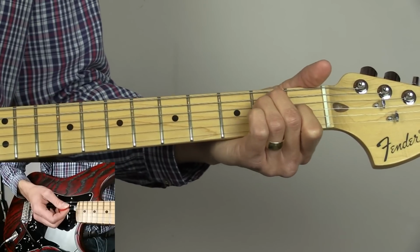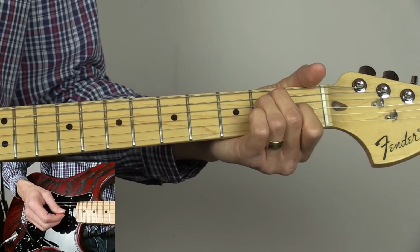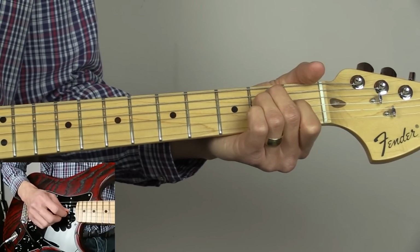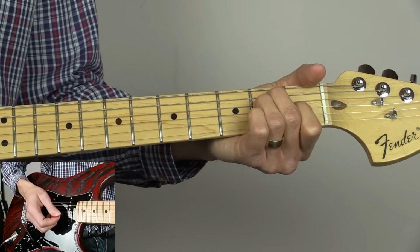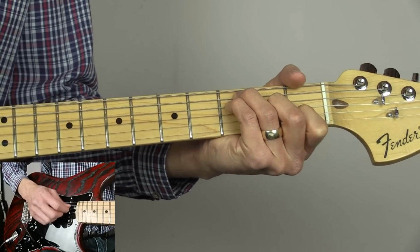We then take that back now to an E chord. So now 2nd fret on the D string, 1st fret of the G string and the open B string. And we're going to play B, G, D, B, G, D with the same kind of rhythm. Okay, so that will give you